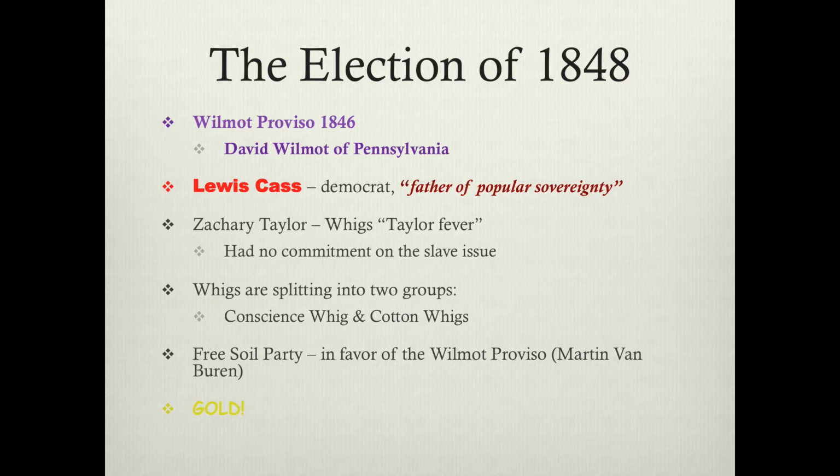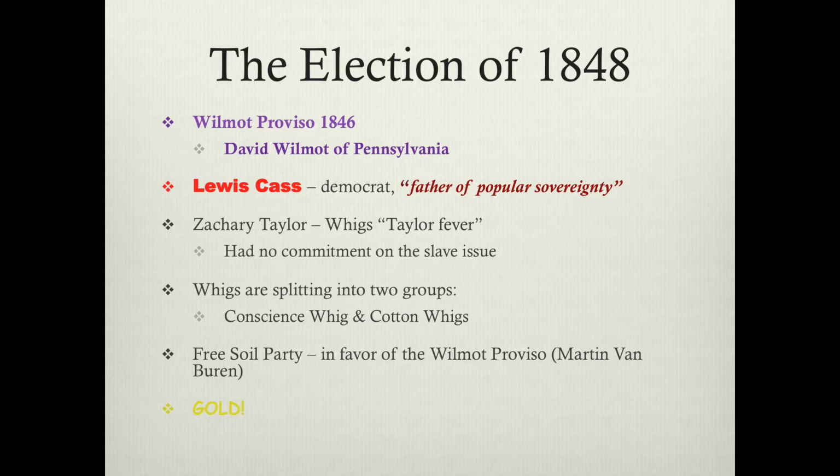So this Mexican War, where you think war often unites Americans together for a cause, no, it helped divide us even more because of slavery. Now, slavery is the main issue of the day, and it is tearing this country apart. So you would think the election of 1848 would be all about slavery.